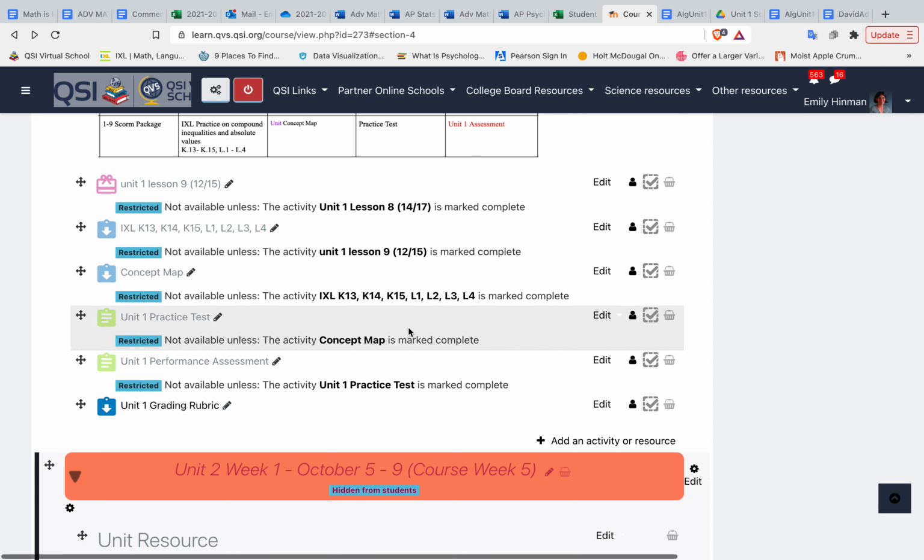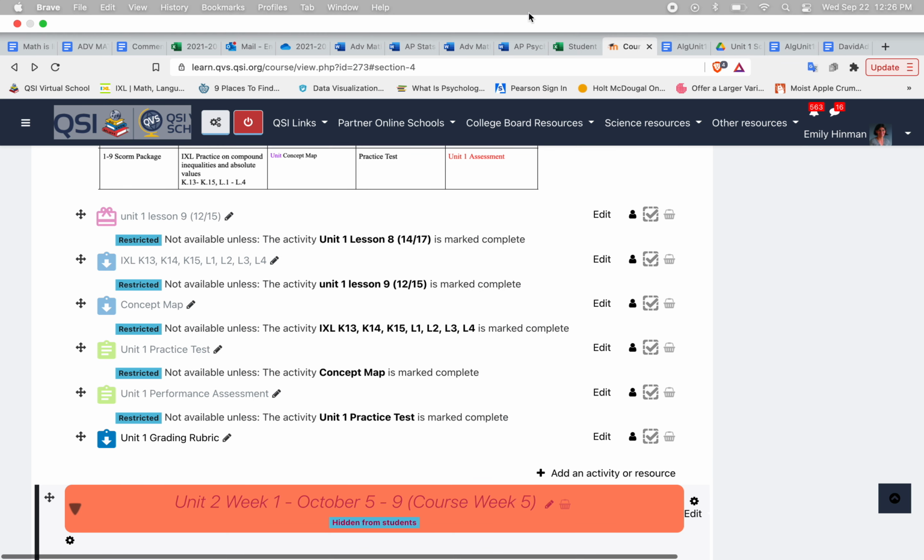So remember, no percentages, you're going to get a grading rubric. I'll let you know if it's a P and what you need to do. If you have a B and you want to upgrade, you tell me and we work together. Or if you have an A and you're happy, then we go to the next unit. Or you have a B and you're satisfied and we go to the next unit.